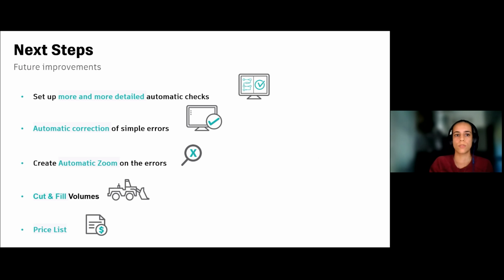The last two steps that we want to implement are the cut and fill volume, so the automatic calculation of the cut and fill volumes, and also the addition of the price list, so it can help us identify the economic and ecological cost of the project in order to improve it.